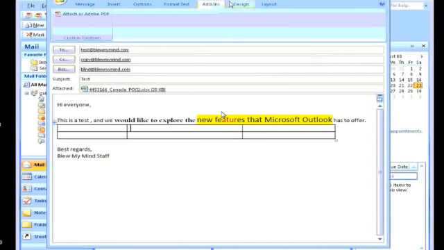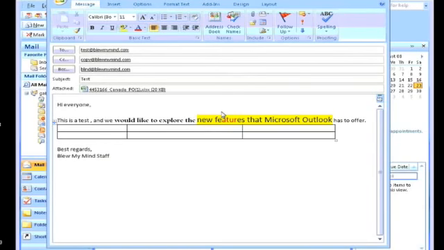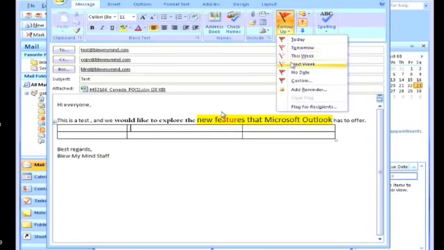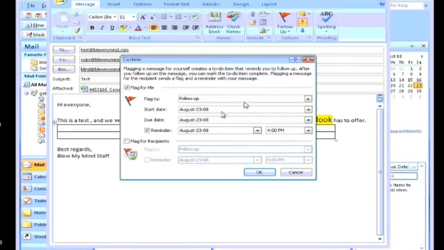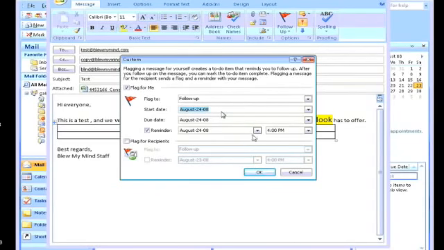When it comes to sending emails, a lot of people like following it up, and this is where this tool becomes very handy. If this is an important email, you can click on high importance, and if you'd like to follow it up, you click on the downwards arrow and you say when you want a reminder to kick in. So we say add reminder, follow up for Sunday at, we'll say 9 o'clock in the morning. Click OK,